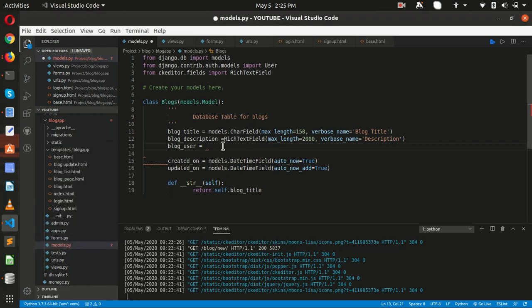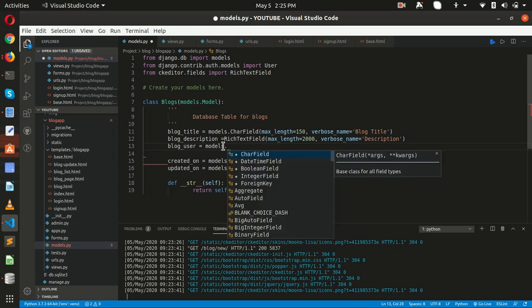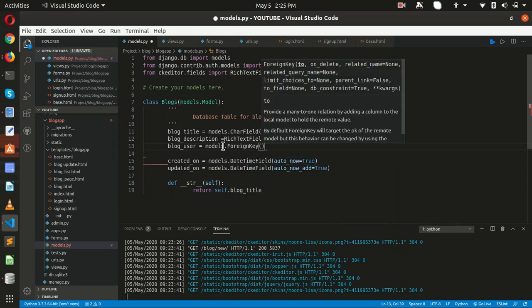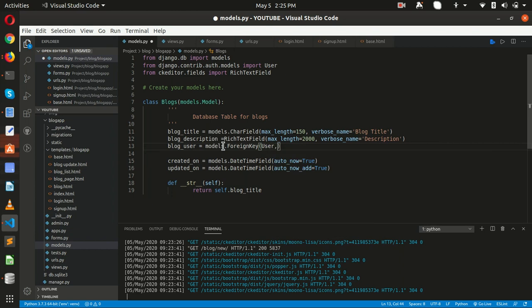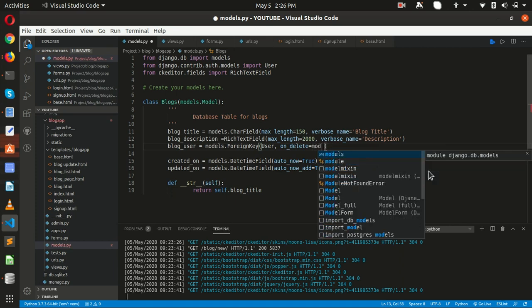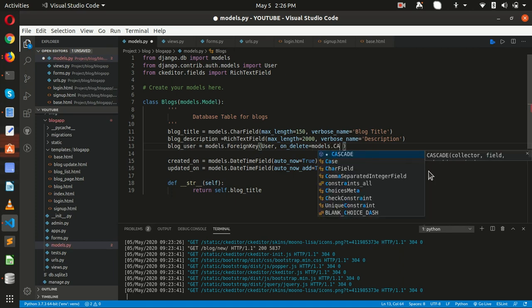Okay, so models.ForeignKey, inside that we are going to specify that this is the users model, the one we have imported, and after that we have to specify on_delete=models.CASCADE, right?